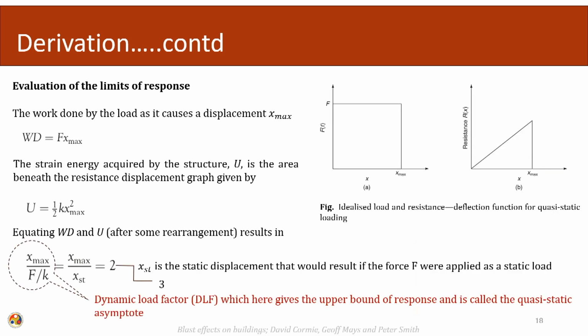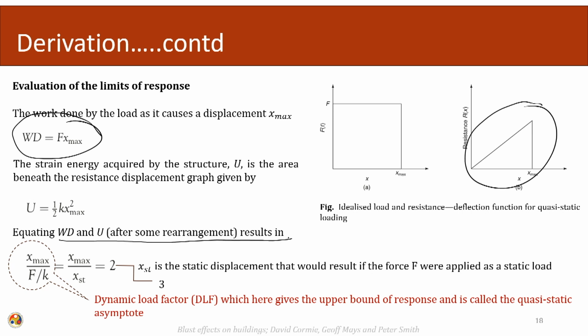So, evaluation of the limits of response. The work done by the load as it causes a displacement x max becomes F times x max. The strain energy acquired by the structure is the area beneath the resistance displacement graph. So, this is the strain energy of the system. Equating the two, we get the